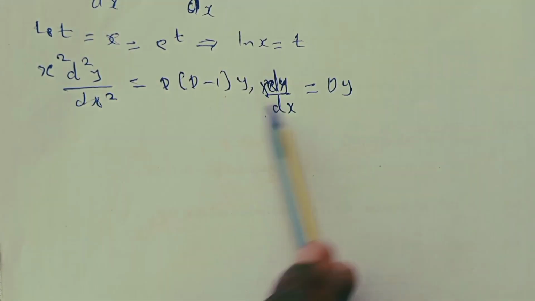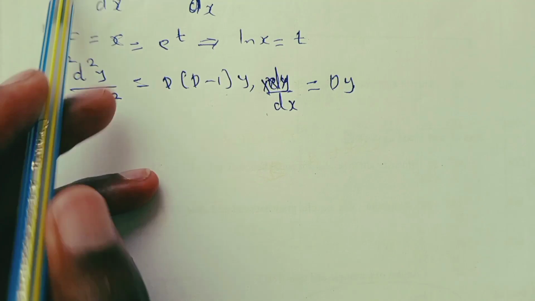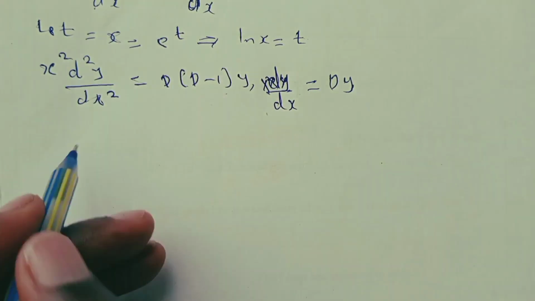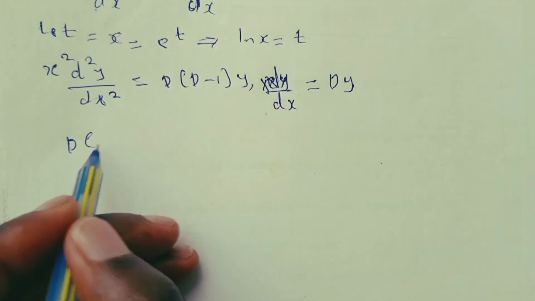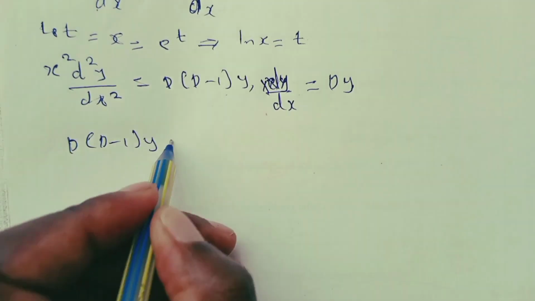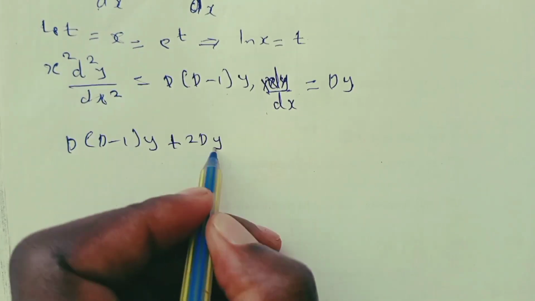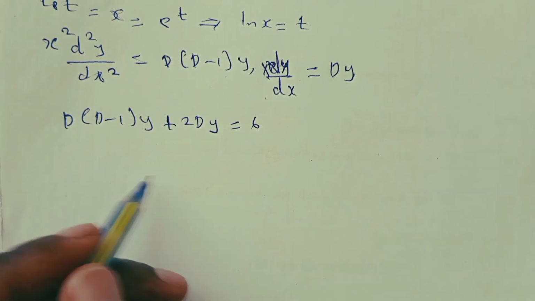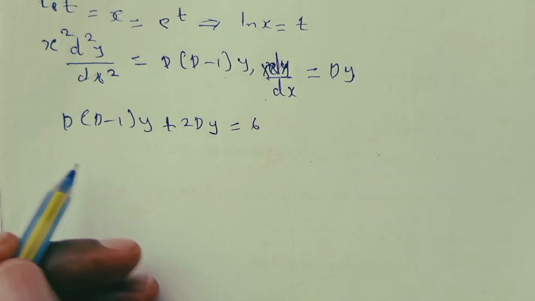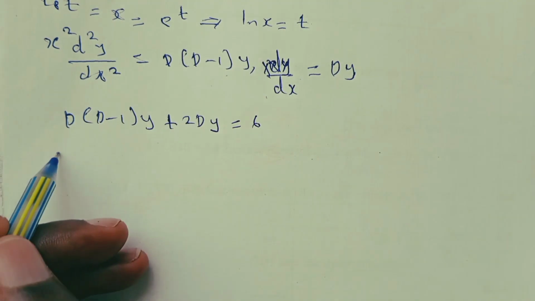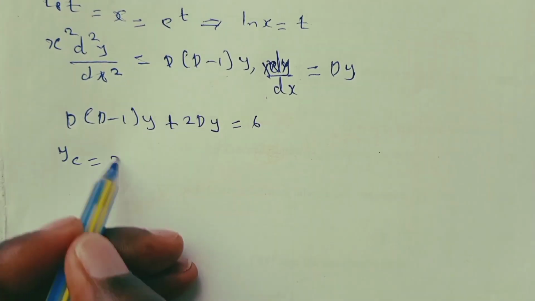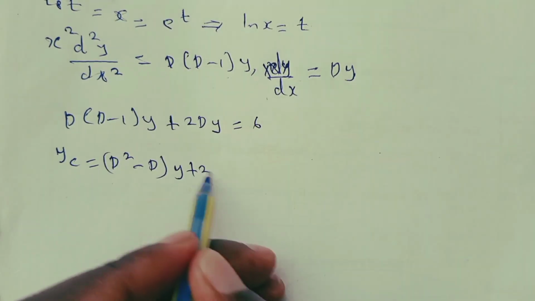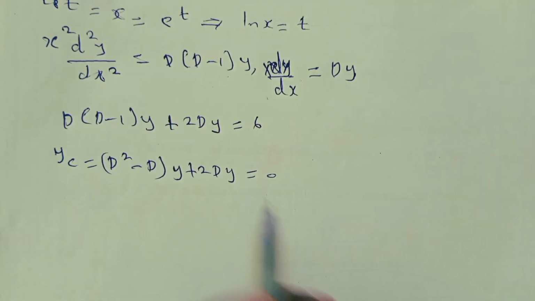So making these substitutions, whereby now you have x squared d squared y over dx squared, we are going to substitute it with D into bracket D minus 1 y plus 2 Dy, which is equal to 6. So this is a non-homogeneous ODE. We are going to consider first of all the complementary part. So we have y complementary as equal to D squared minus D y plus 2Dy, which is equal to 0,